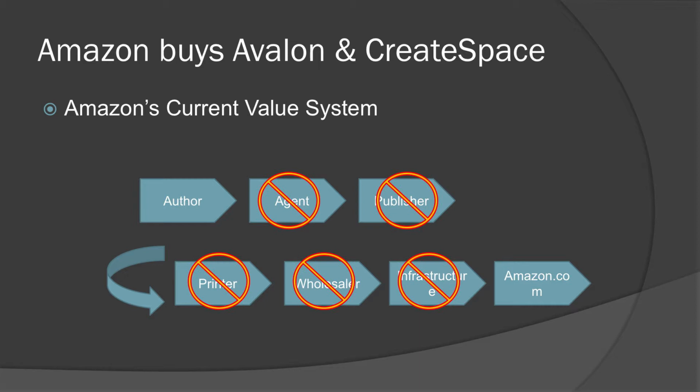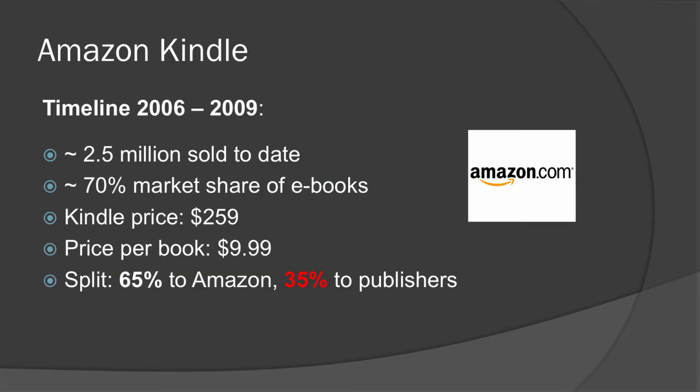So let's just look at what the marketplace was like before Apple announced, why Amazon might be a little concerned, and at their generic strategies. So take a look at this. Prior to Apple announcing the launch of the iPad, so 2006 to 2009, Amazon dominated this ebook marketplace. Of course, there's Barnes & Noble, Nook. There was the Sony version, but Amazon was selling 70% of the market share. 2.5 million books to date. The Kindle price, it's hard to believe that one just for reading a book was $259 back then, but it was. And it was $10 per book, right? And the split is Amazon had 65%. The publishers only had 35%.